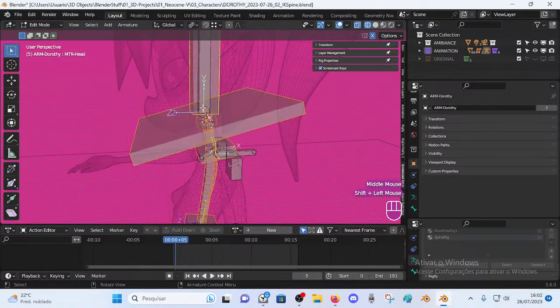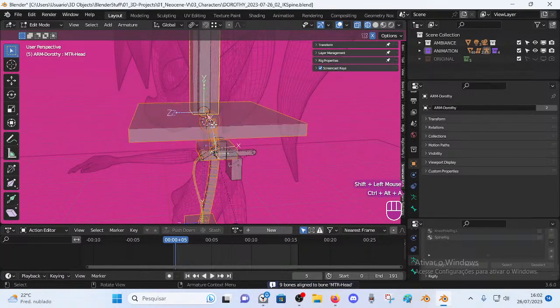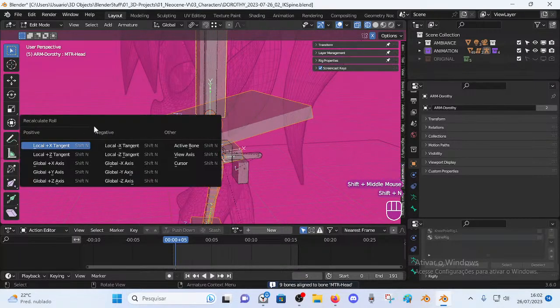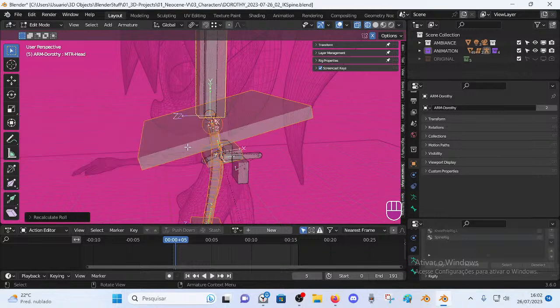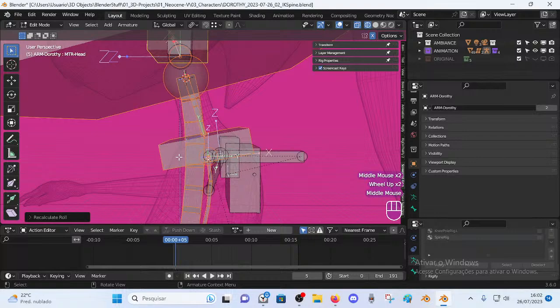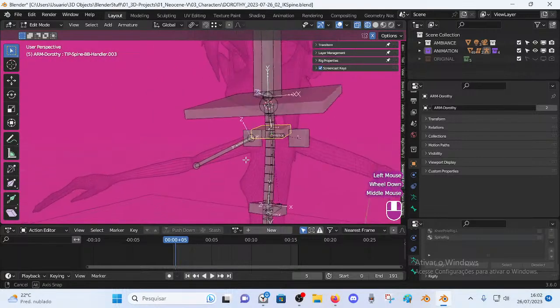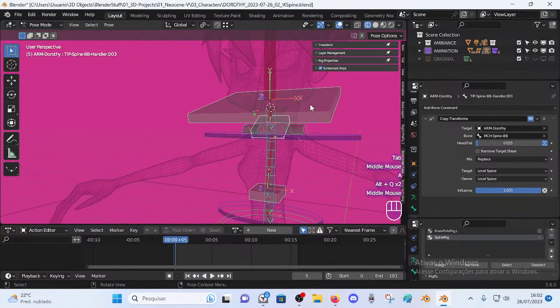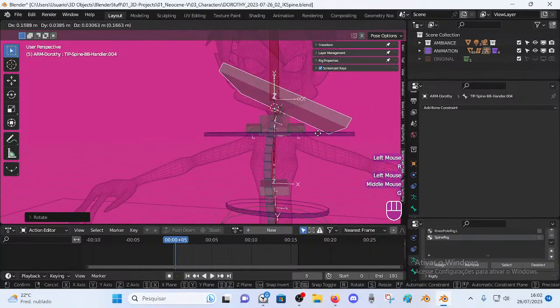So let's... I cannot give the orientation like that. It will destroy everything. Instead, just recalculate roll to the active bone. Alright, so now everything's pointing forward. Maybe this is why